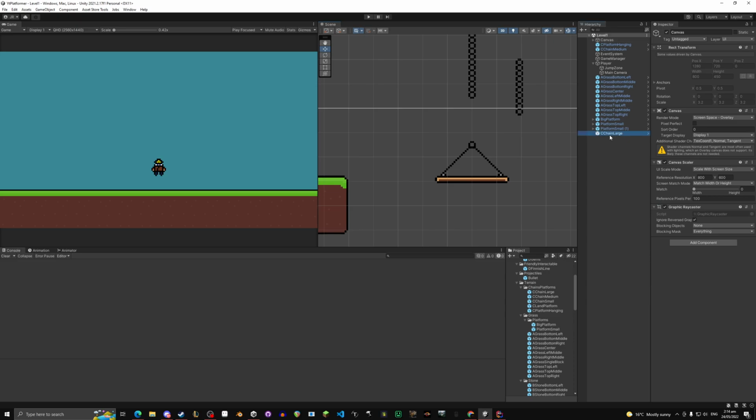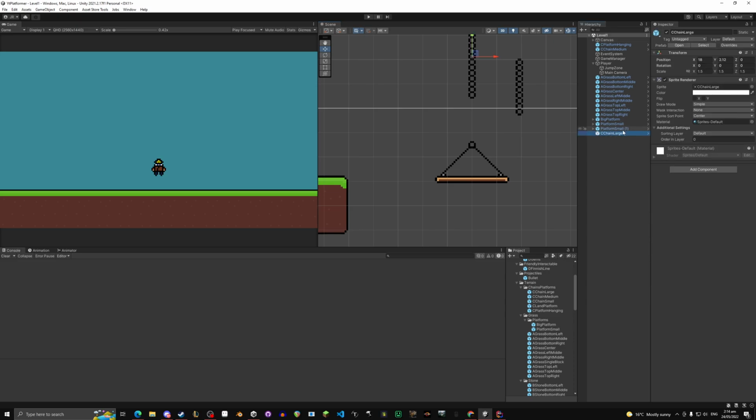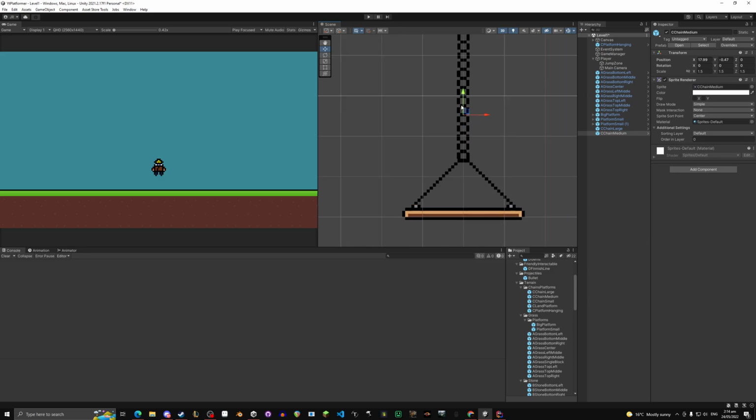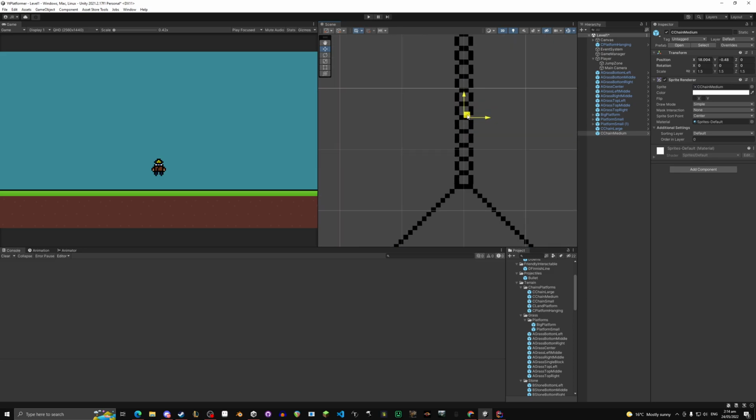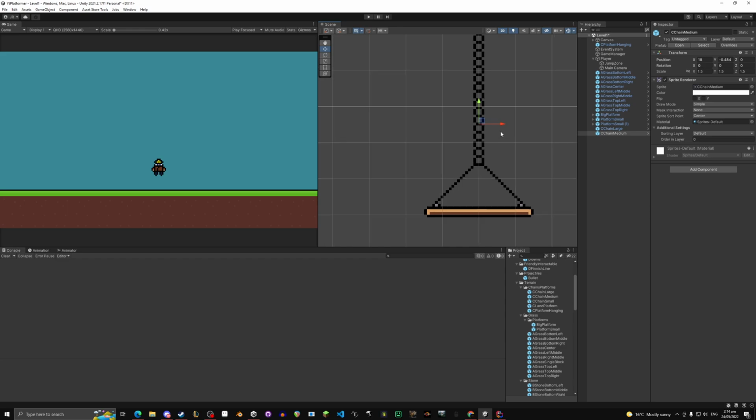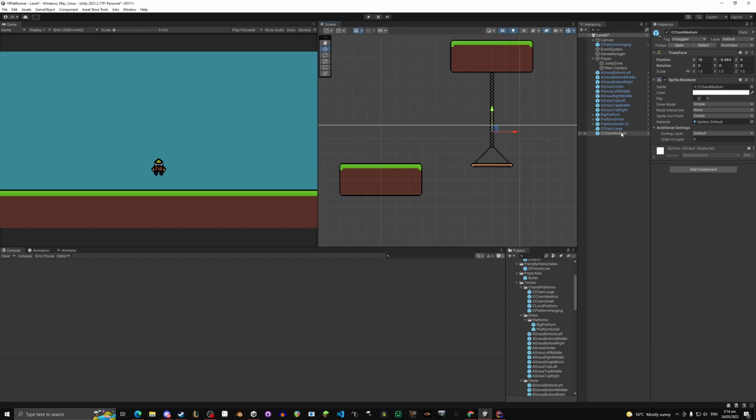Take the other chain. Don't know why the medium chain's up here. Move down to the bottom. Take the chain. And then just make sure the squares line up properly. No, it can be a grueling task. It doesn't have to be that precise, but there you go. And now we have the illusion of a